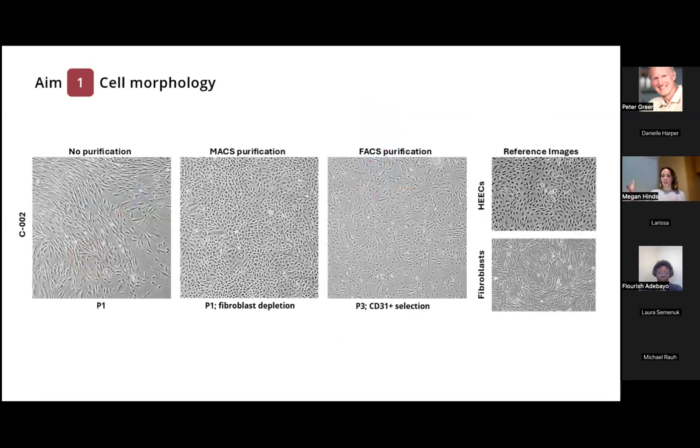And so here are some bright field images of cells I've isolated from one control. The first one is no purification, so after that initial processing step, cells are just plated as is. The second one is the magnetic activated cell sorting, and the third is fluorescence activated cell sorting. You can see based on the reference images what we're looking for